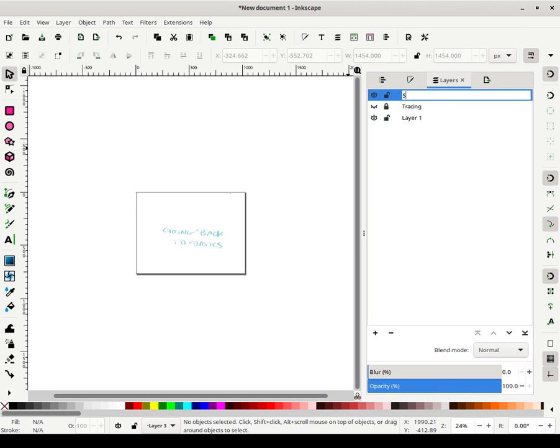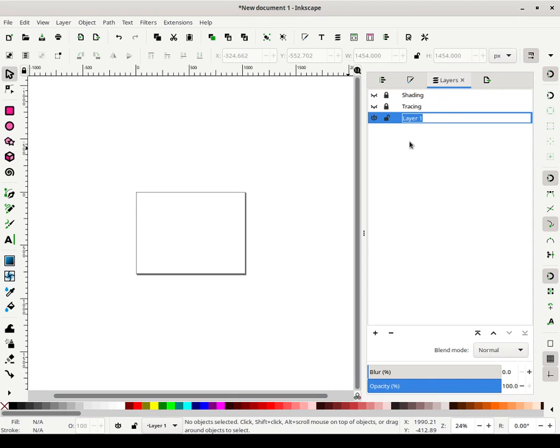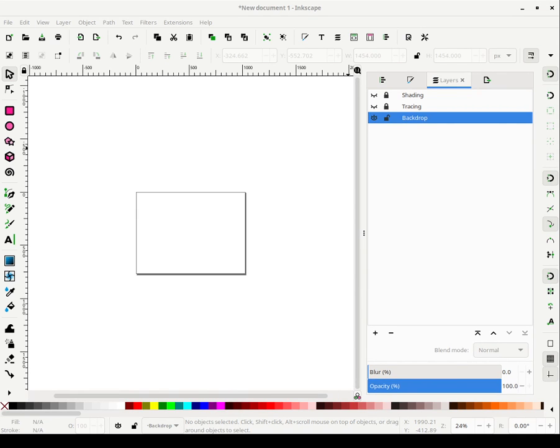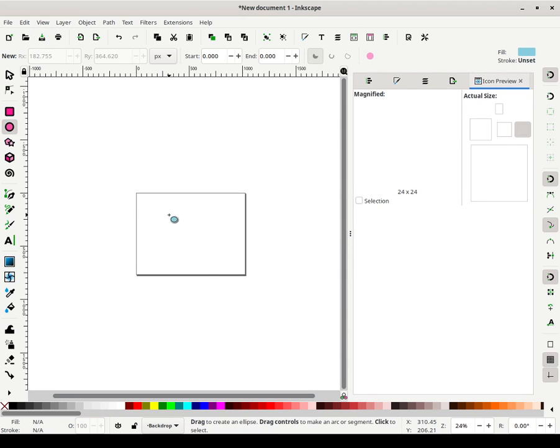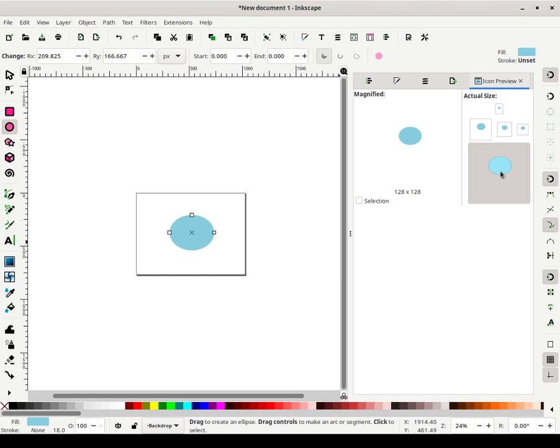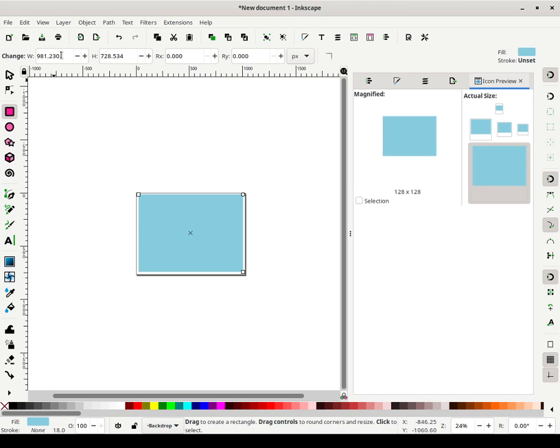Let's call this layer shading. This layer, we'll call this backdrop. And for those of you who haven't been in previous streams before, the reason why I usually have a backdrop layer is because you typically want to have an actual background. Inkscape doesn't actually add a background to your images, it's just a blank image. So if I turn on the icon view, for instance, you'll see, let me add an object, and if I select this, you'll see that this is actually technically blank. So if I were to add a background to it,